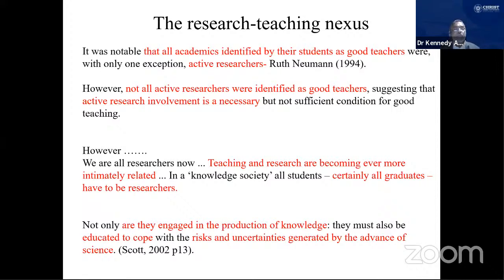However, we are all researchers now. Teaching and research are becoming ever more intimately related. In a knowledge society, all students, certainly all graduates, have to be researchers. Okay, not only here, they engage in production of knowledge, they must also be educated to cope with the risks of uncertainties generated by the advance of science. All right, so I would just want to propose one important model,